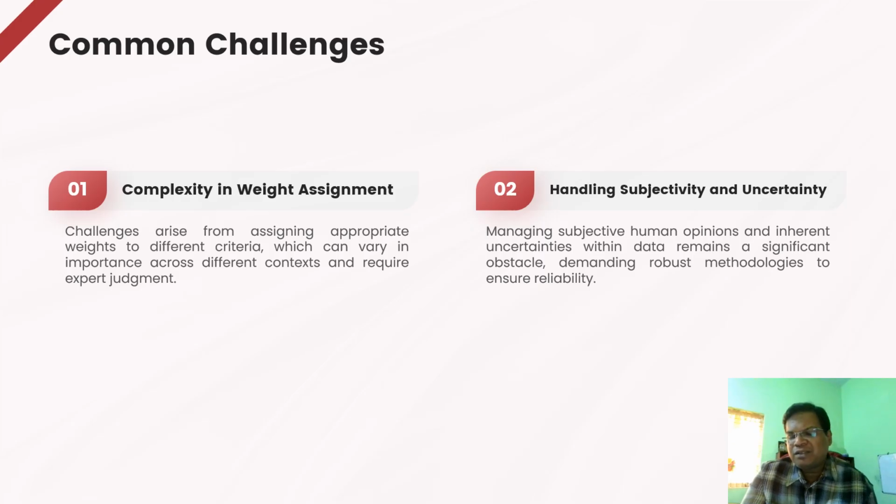For some of the students physics may be important, for some of the students chemistry may be important. So for them they can weight chemistry as more important over physics and mathematics. Some people may weight mathematics as more important than physics and chemistry. Likewise, for different people different types of weights are assigned. So here the challenge arises from assigning appropriate weight to different criteria, which can vary in importance across different contexts